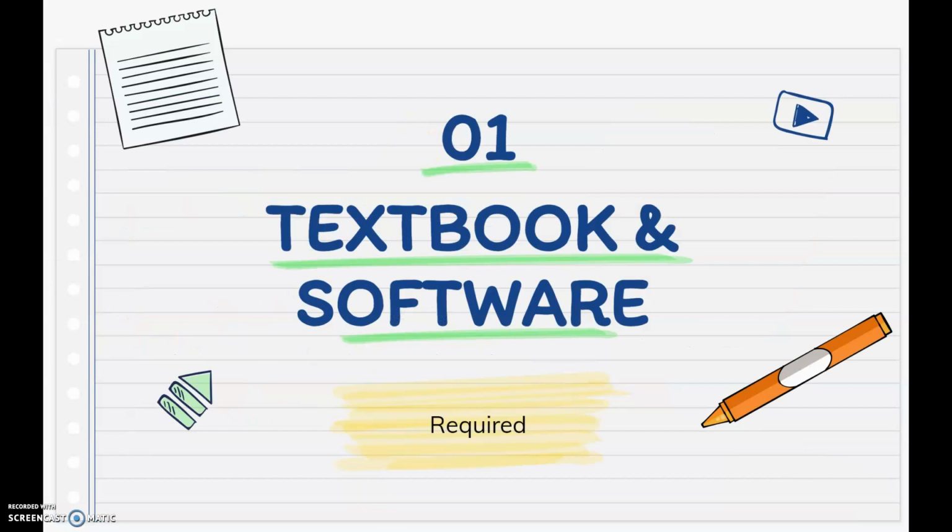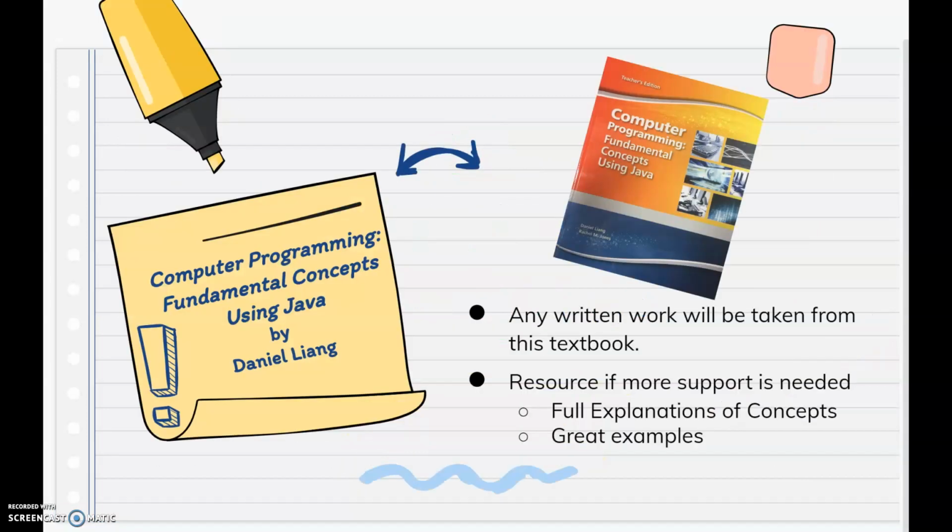So what will this class require? Okay, so the very first thing is it's going to require Computing Programming Fundamental Concepts Using Java, that textbook. And that textbook we've purchased as a school, and we will loan it out to your student for the semester. They'll be able to take it home. It is a hard copy book. But just be forewarned, I don't want to have my books coming back all beat up and water logged and things like that. So if a student does return their book in really bad condition, there probably will be a fine for it as the school purchased these books. So right now you are free from purchasing this book, which is awesome.